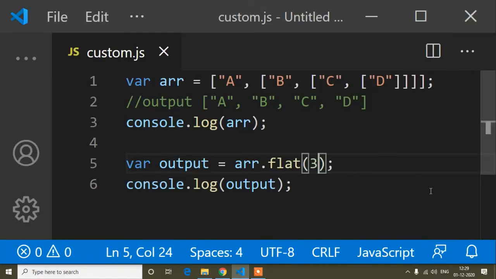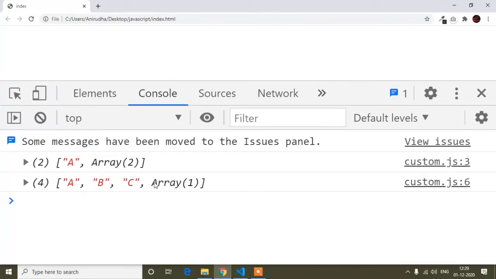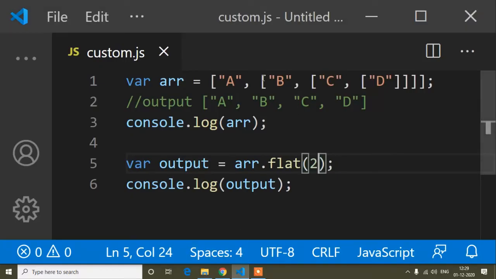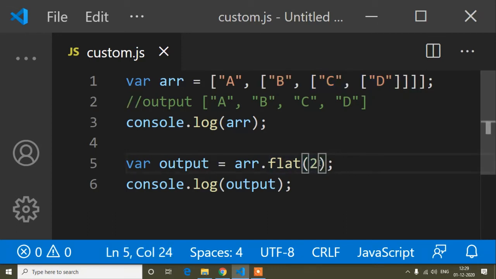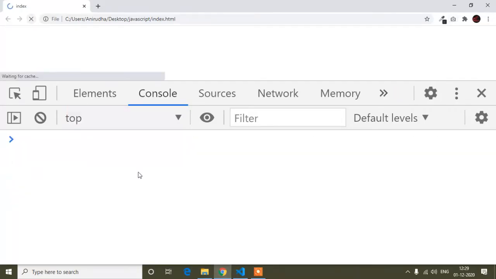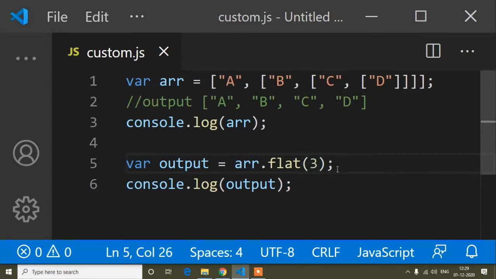But if I write 2, you can see only one sub array remains here, because I have 3 sub arrays, but here I denoted only 2 levels of flat. So again if I write 3, all the arrays become a single array. So that's one thing.